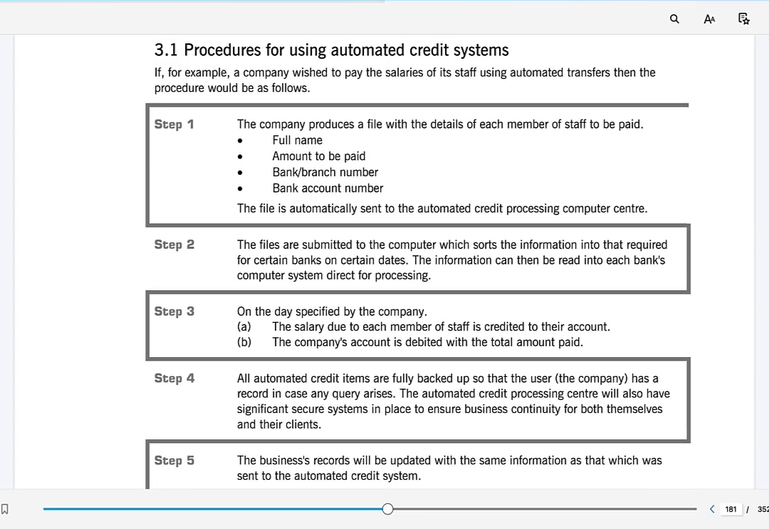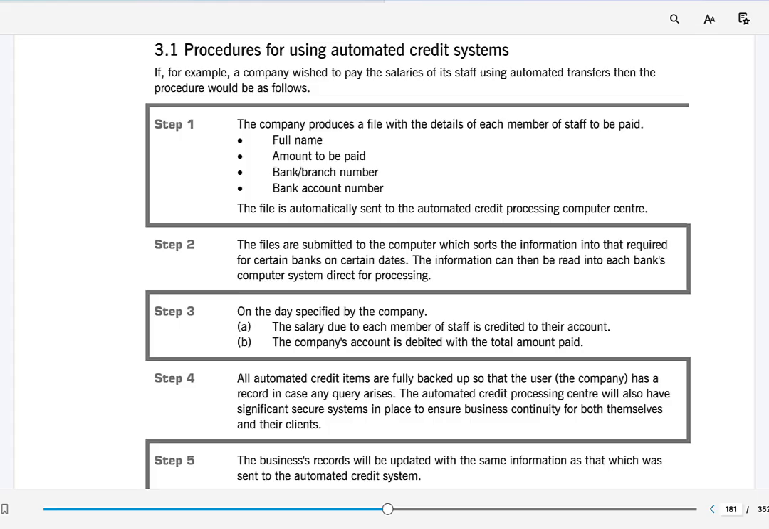3.1. Procedures for using automated credit systems. Chapter 9. Recording payments. Class, in this lesson, we are learning the practical, real-life process of how a business pays people or organizations using an automated credit system. An automated credit system means the payment is done electronically through the banking system, instead of writing a check or paying cash. This system is commonly used for things like standing orders, direct debits, salaries paid monthly, wages paid weekly,